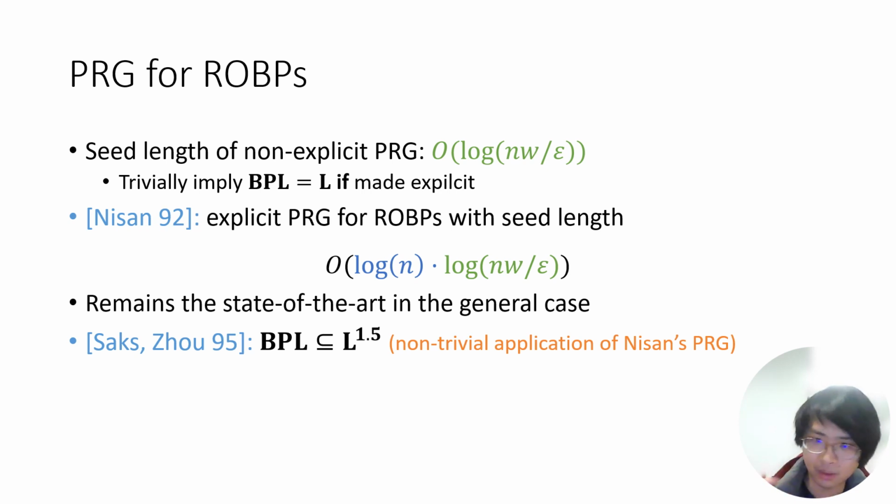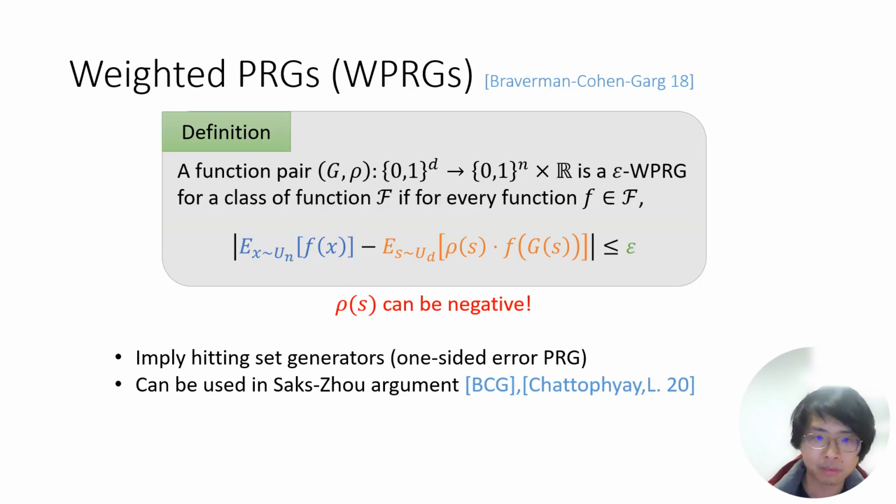So constructing a PRG for read-once branching programs is a really important problem if we care about derandomizing bounded space algorithms. Although we don't know how to improve Nisan's generator in the general setting, it turns out that we can get some improvement if we consider a relaxed notion of PRGs. In this talk, we are going to focus on a relaxed notion called a weighted PRG,